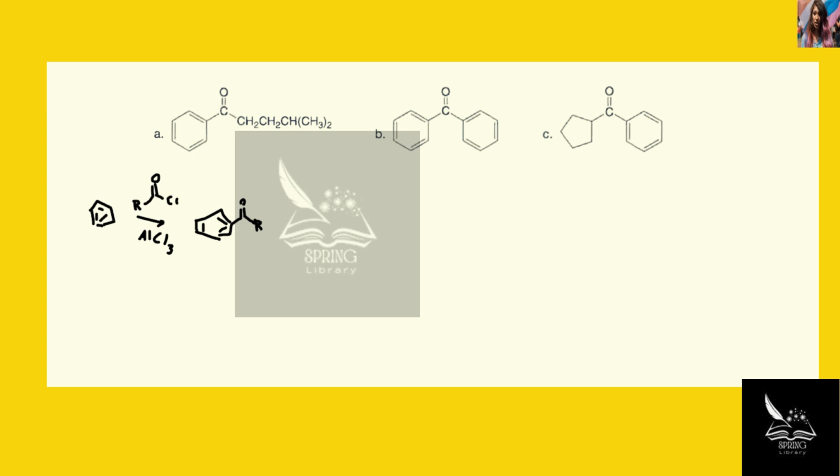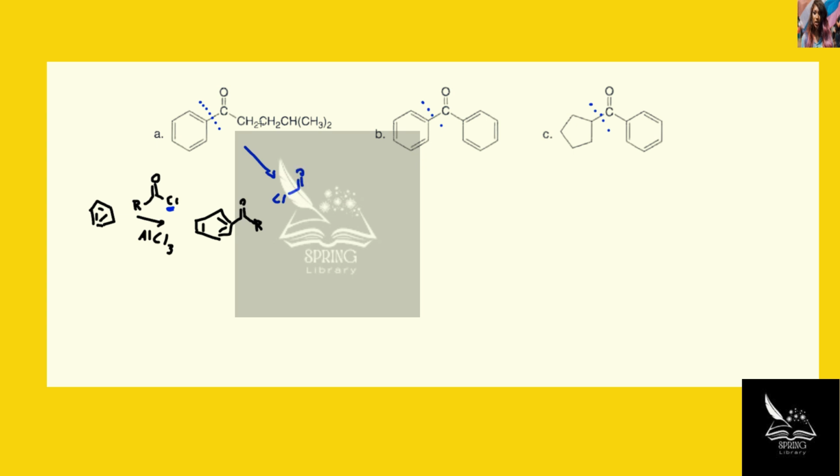So what we need to do is some sort of retrosynthetic analysis, and we know that we're starting off with benzene, and we know we're now forming a new bond between the ketone carbon, or the carbonyl carbon, and the benzene carbon. So we know that we need to break these bonds. And what we know is that when we break these bonds, the substituent that's attached to this carbonyl group is the chlorine atom. So we know that in order to add this acyl group to benzene, this acyl group must have the identity of chlorine,